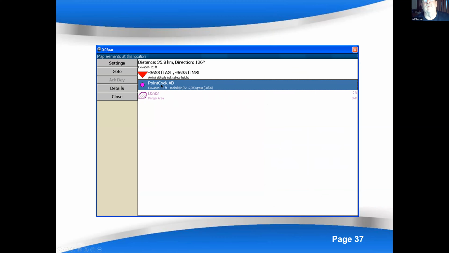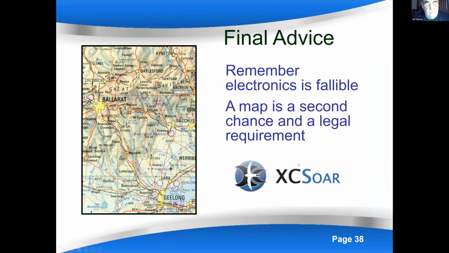If you hit Point Cook and ask for details, it'll give you information on Point Cook aerodrome. I don't know how I got Point Cook on this one. Anyway, I don't think that was out of this particular flight. That's basically what you see when you're flying with the thing.